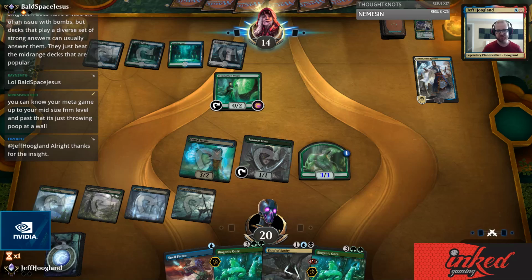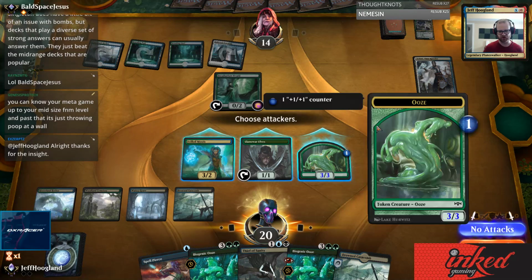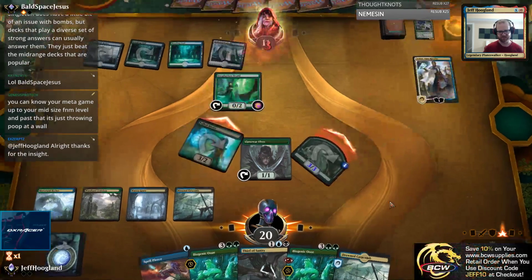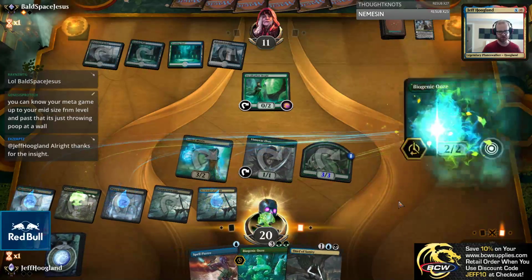So they're bouncing Biogenic Ooze here. This implies they have a Disdainful Stroke, maybe? Let's kill this. It's only a matter of time. And then I get to play Bio Ooze whilst holding up Spell Pierce, so...